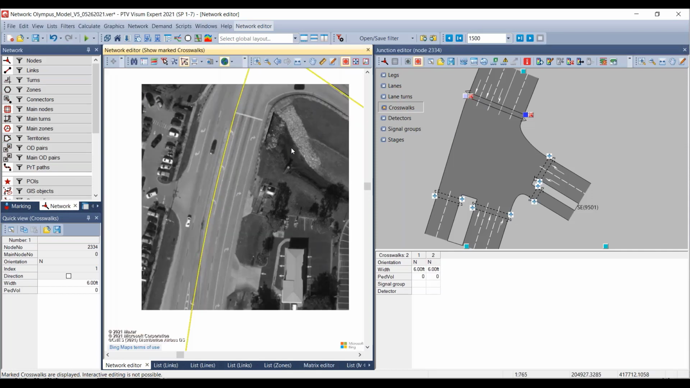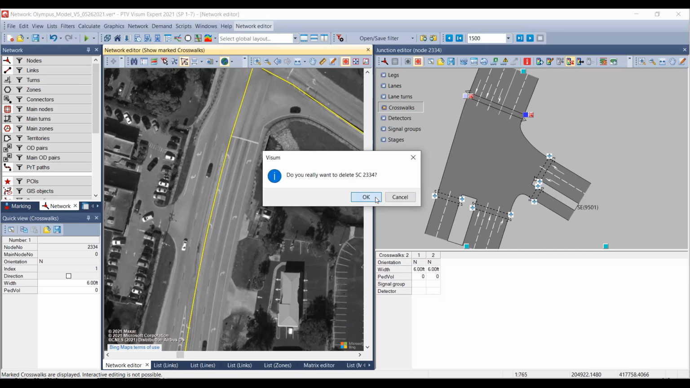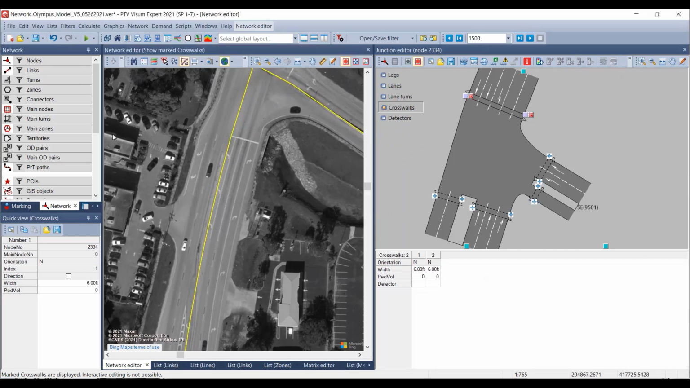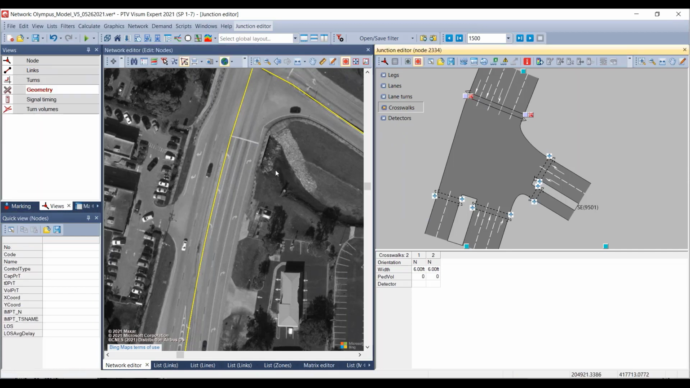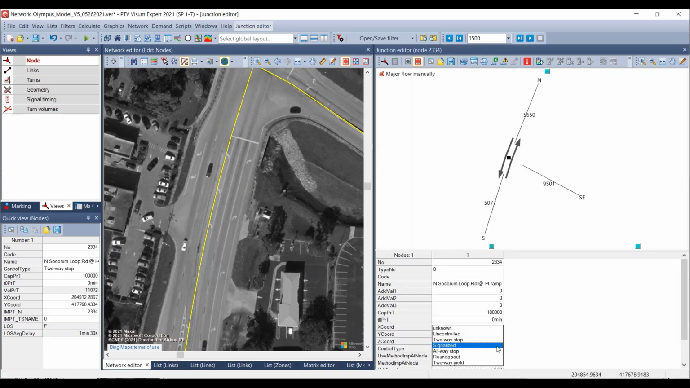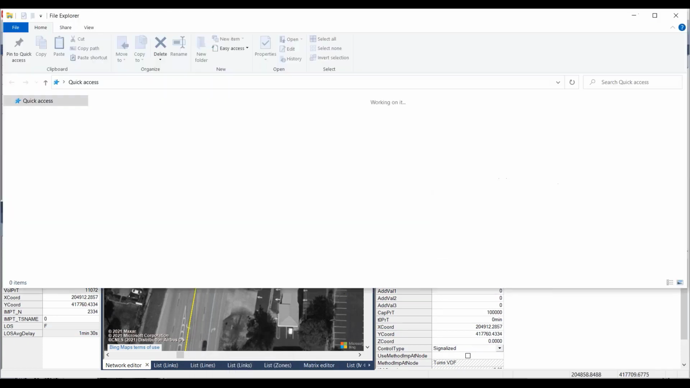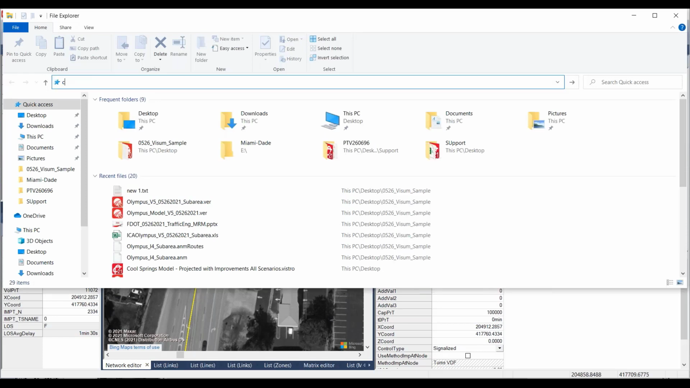All right, so now let's say that we want to go with, maybe I'll just delete the signal group controller here. Let's say we want to add signal controller details here. So first of all, what I'll need to do is go ahead and go to node and change this to signalized. And then you can see that this create SC is activated. Okay. Now, the other thing that we'll need to do is find the template files